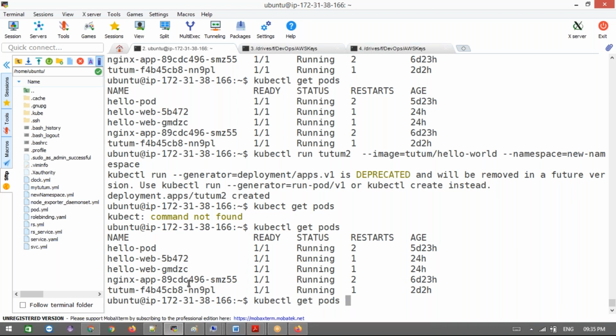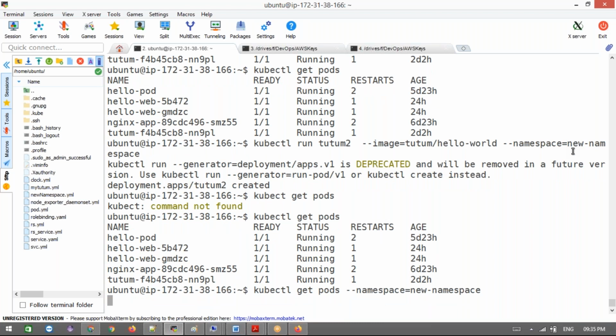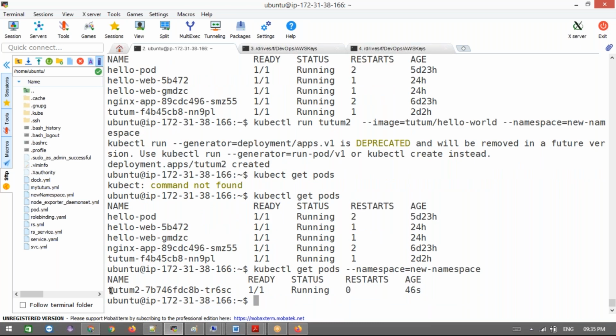Then let's see, kubectl get pods --namespace equal to, what is that? Namespace equal to new namespace, right? new-namespace, okay. Now see, this is the application we just deployed. The tutem2 application is just deployed. Even when you deploy this, all the objects will be created, like get pods and get